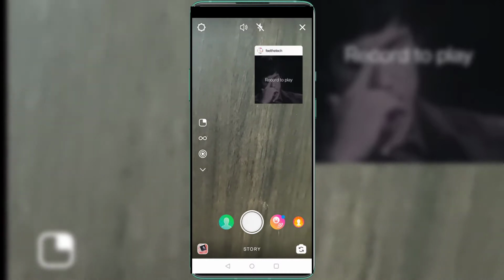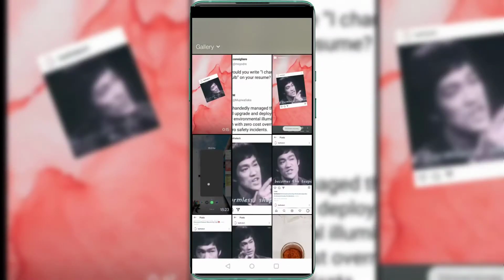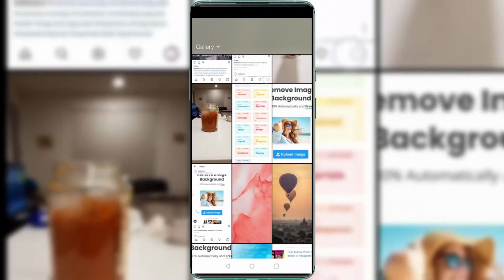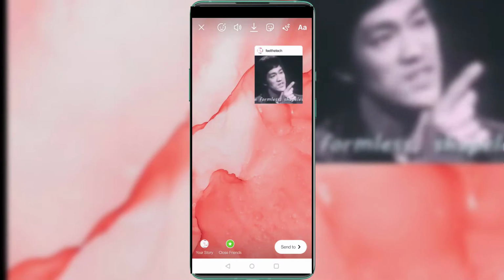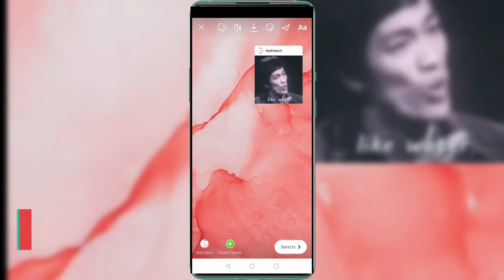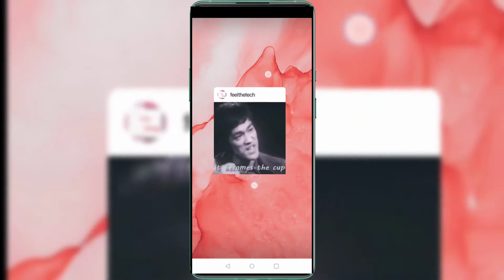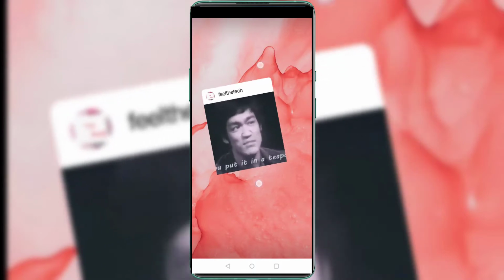And to add background to this, just swipe from top to bottom and you could see all the photos from the gallery. So make sure you already have a background image downloaded in your gallery section and tap on the background image which you want to add. You could see that background image has been added, and bring back the post which you want to share. Just make it small or large by pinching in and pinching out with your fingers and rotate as you want